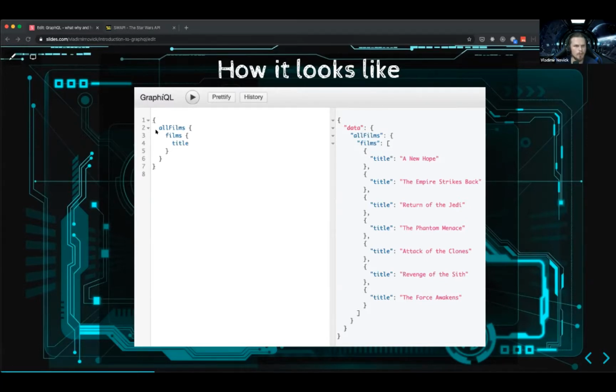And here, for example, I ask for all films. I ask for films under allFilms and the title. And as you can see, the shape of the data is exactly the same as what I asked.